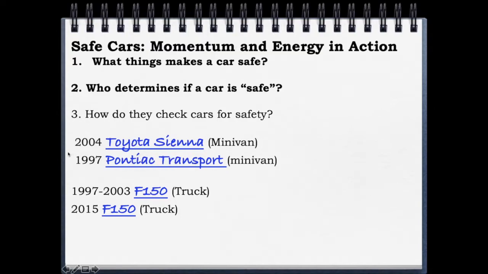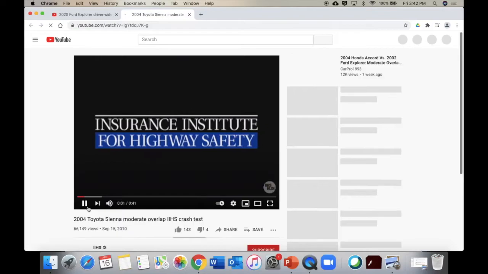I just wanted to show you the difference that some years can make. So the 2004 Toyota Sienna is a pretty common car that I actually see in our high school parking lot. A Toyota minivan, which maybe makes sense because maybe it was gifted down, like, hey, you can drive the minivan now. But take a look. This is the Toyota minivan, and this is from the Insurance Institute for Highway Safety, 2004.